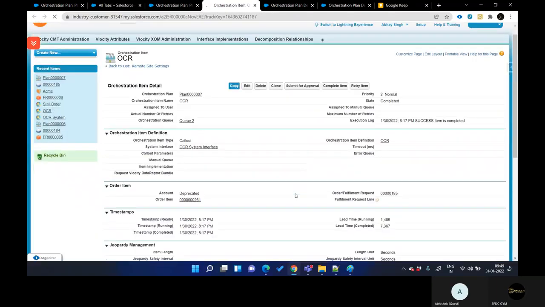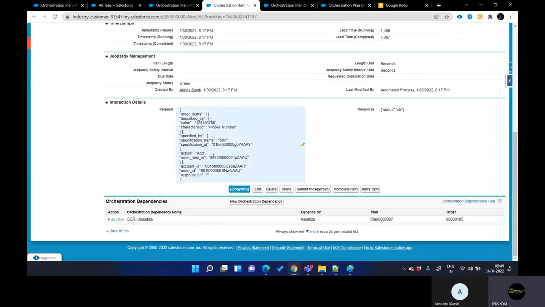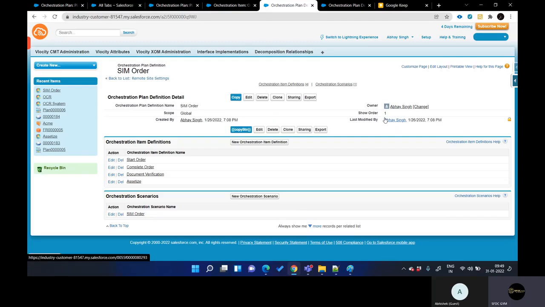Okay, now quickly check this also. If you click here, you will see this is the request that we have sent. This is the same request that is captured at this level. And this is the response that your third party is sending. If it is an actual OCR, then you will send something to this level, and there you will see some notes for phone number, mobile number, or all those third party applications that we have used, right? Aadhaar ID number, SSC ID number, PAN number, all those things will be captured in this response, and then we will send this response to the next stage